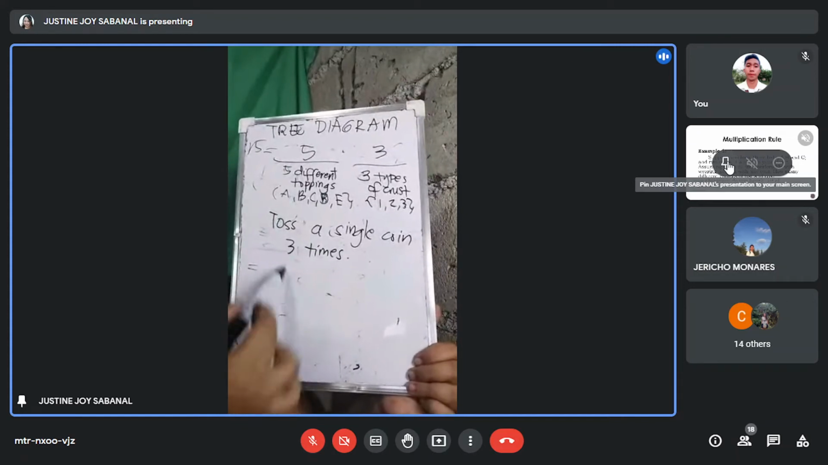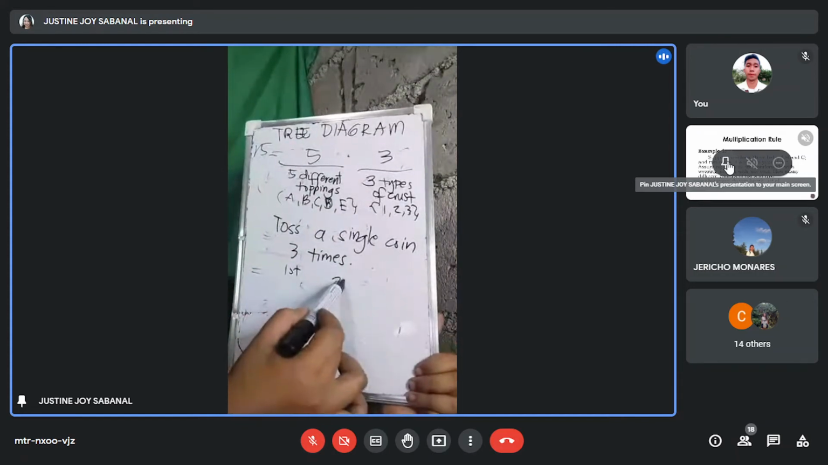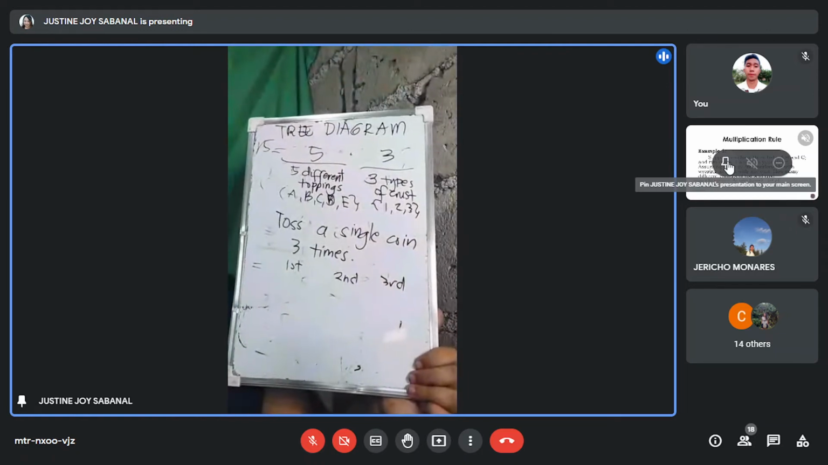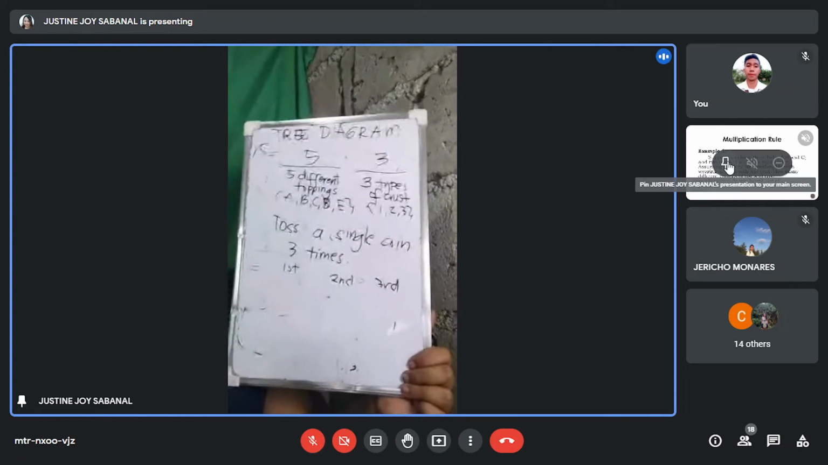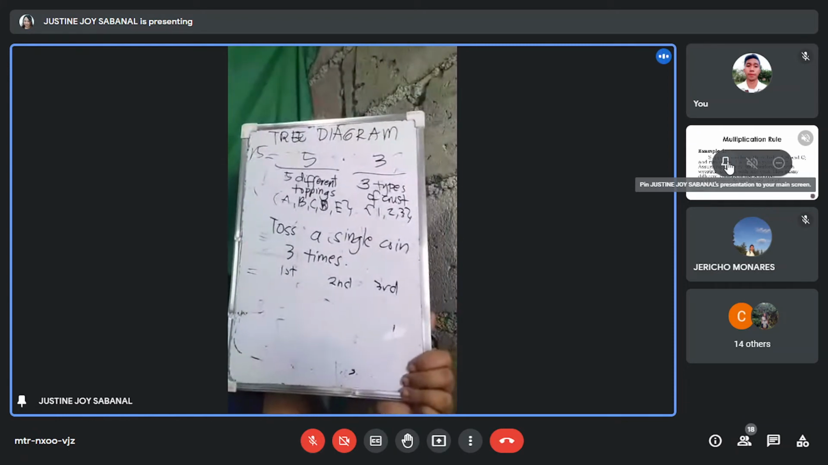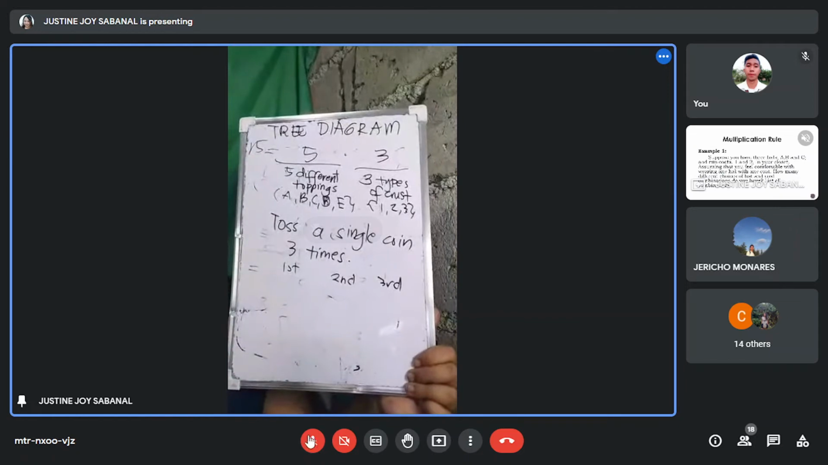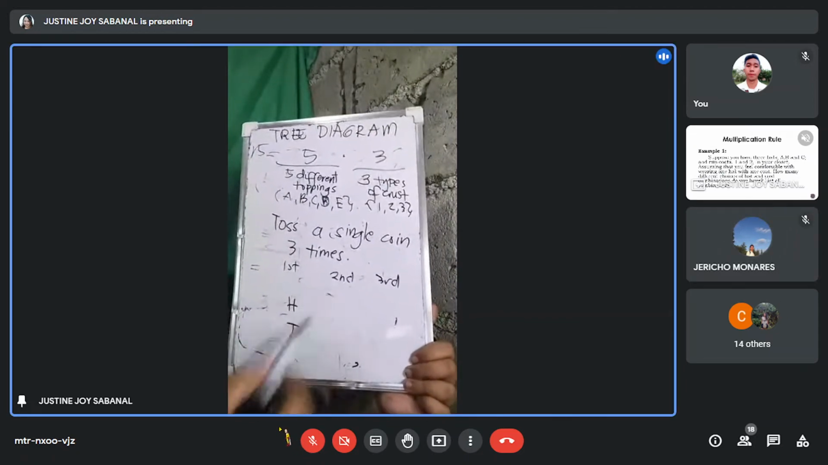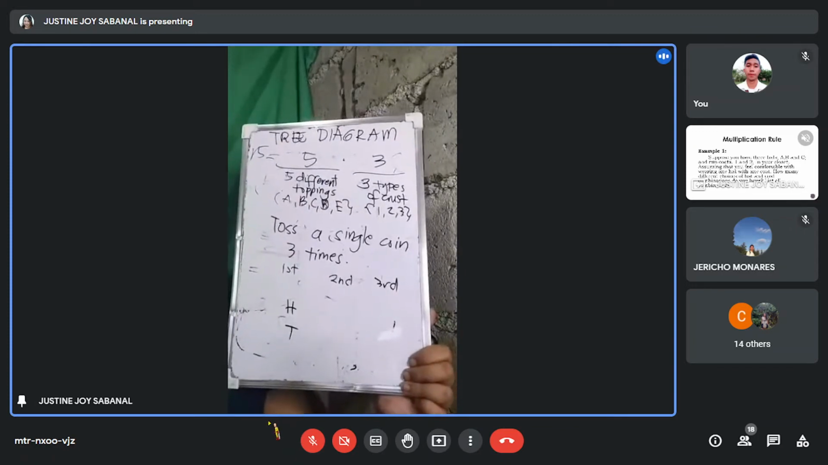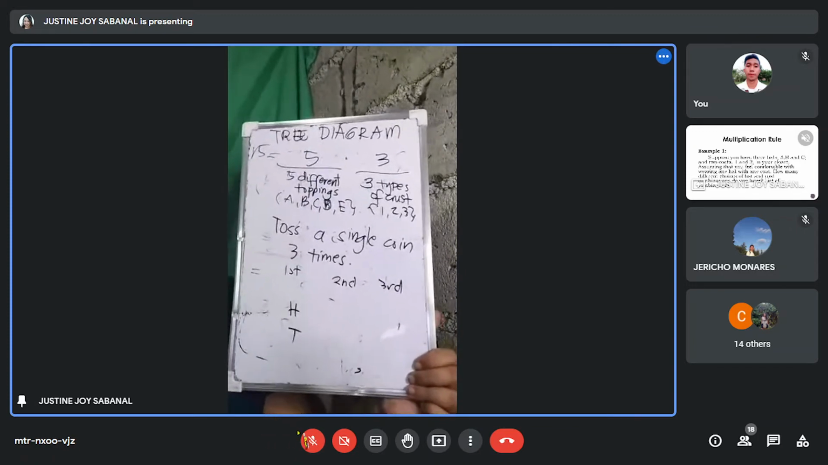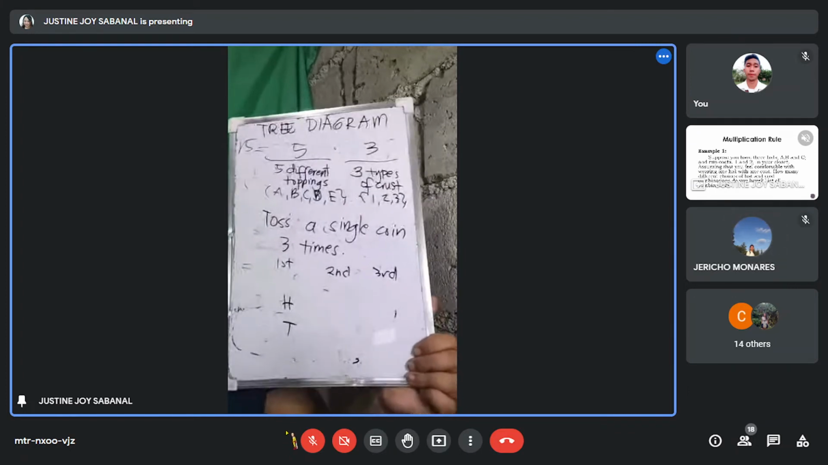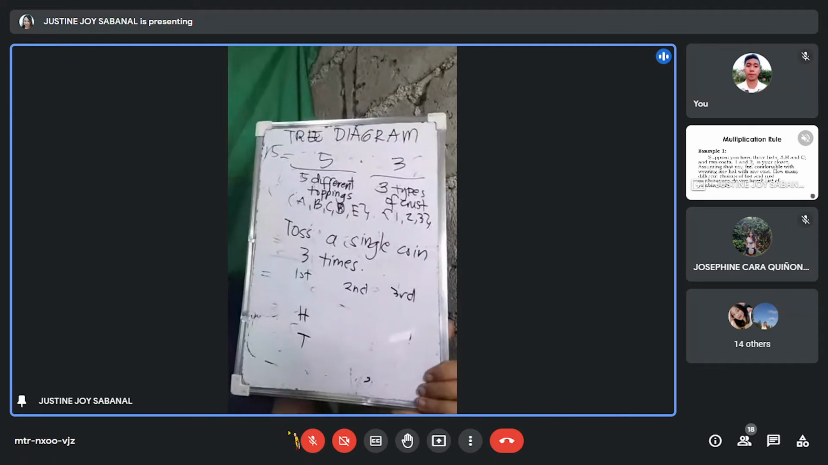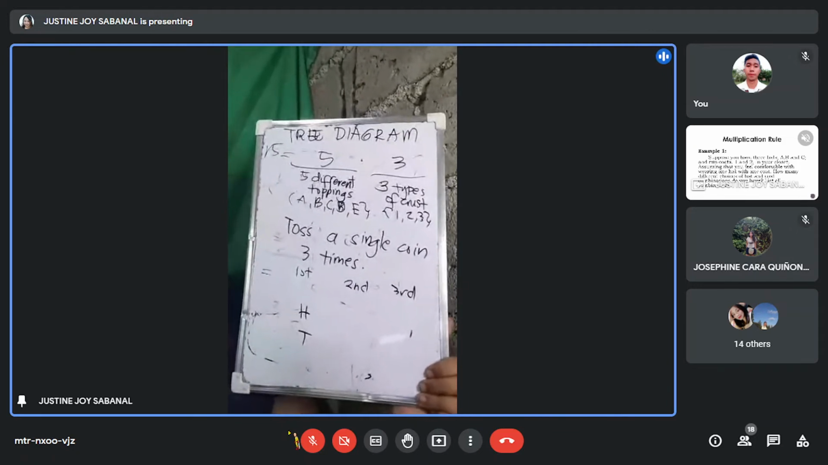So, gamitin natin yung 3 diagram ulit. So, first, second, and third toss. So, pag nag-toss tayo ng coin, isang beses lang, ano yung possible result? Head tsaka tails. Okay. Sa second toss, nabago ba yung possible result natin? Hindi po. Okay po. So, kahit ilang beses natin ulitin yung experiment sa pagtotos ng coin, yung possible result ay head or